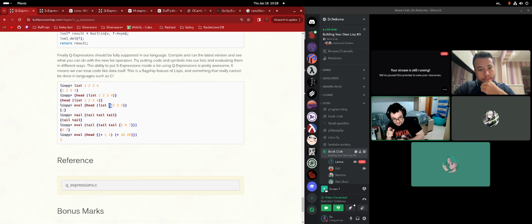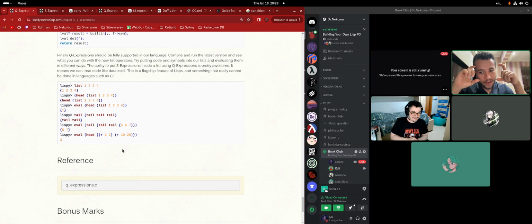And then the second case, what's going to happen is the following. The expression will take the first one, which in this case is going to be an S expression wrapped in a Q expression. Yes, that's my understanding as well. And then we call eval on this thing.